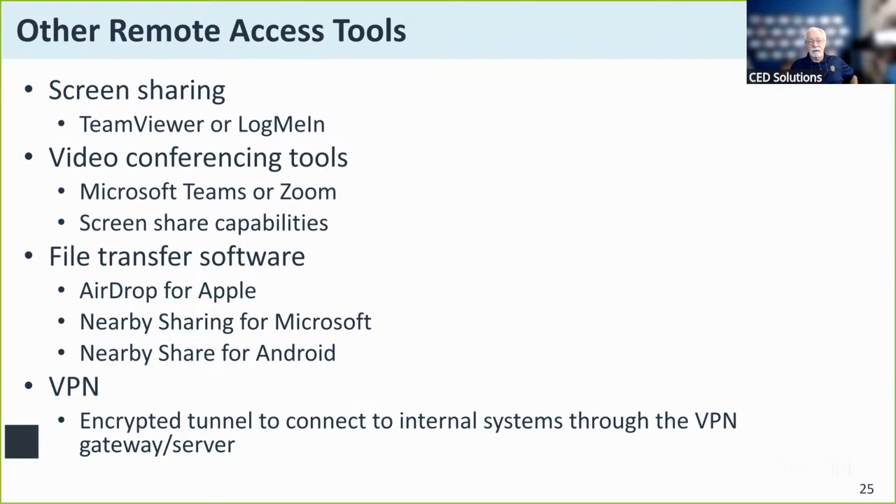There's a whole host of other tools, not necessarily remote control tools, but for instance, remote viewing tools and screen sharing. There's a function called Virtual Network Client, VNC. Of course, we talked about the virtual private network using the tunneling protocols.